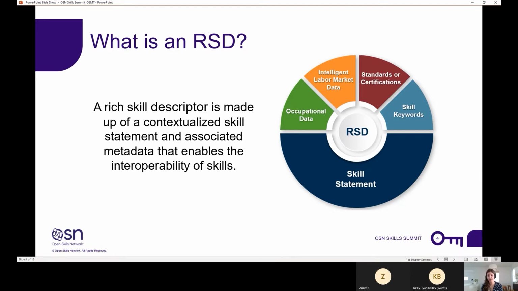It has occupational data that can be tagged to it. So at WGU, our over 13,000 RSDs at this point in time in our library have occupational codes tagged from the Bureau of Labor Statistics and also ONET, job codes tagged to them. We do use intelligent labor market data not only to help us to author these contextualized skill statements, but also tag to our skill statements so that if someone accesses the RSD, they can click a link and view exactly